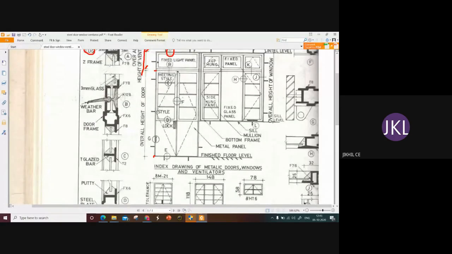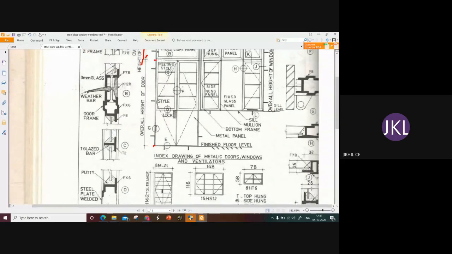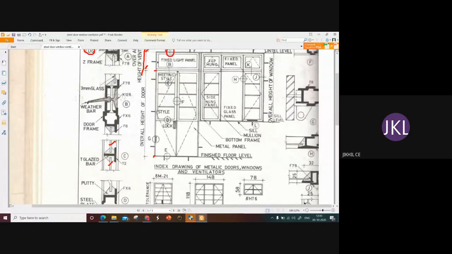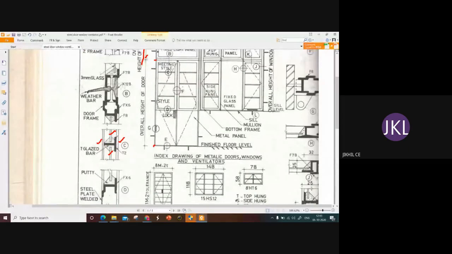Then we have, okay, these are the individual glass panels, as I told. So C is the first panel, meaning the connection between two individual panels. So we have the C here. This represents the glass of 3 mm thickness, and when you cut the section C, this is the front portion and this is the back portion. So there is a T section which joins or connects the glass of panel 1 to the glass of panel 2.